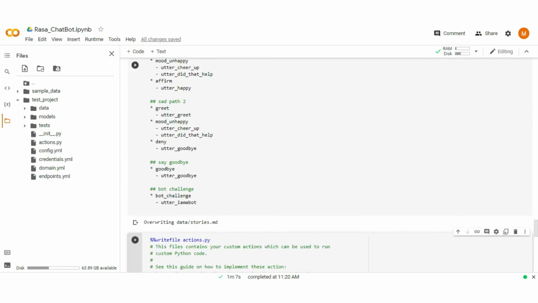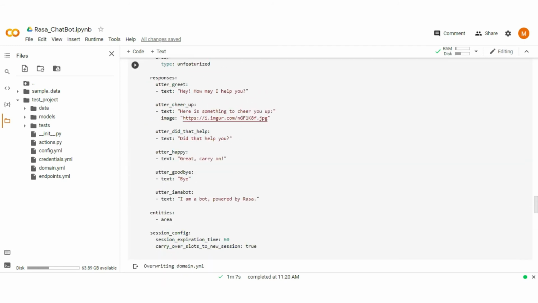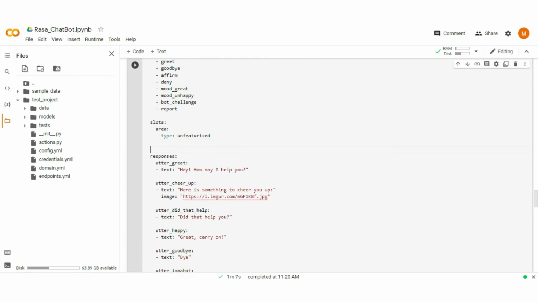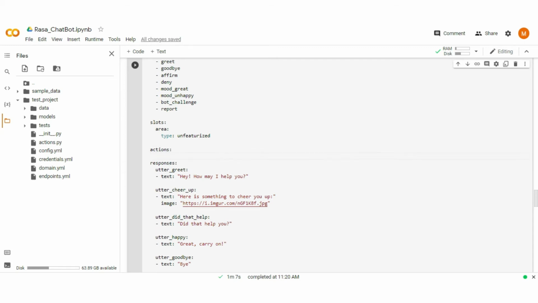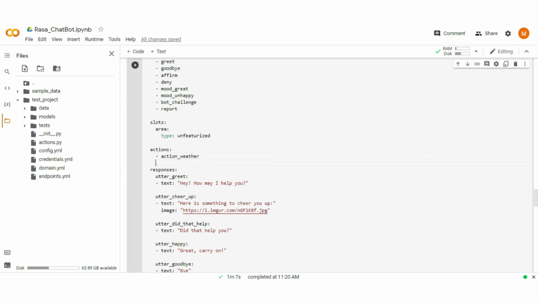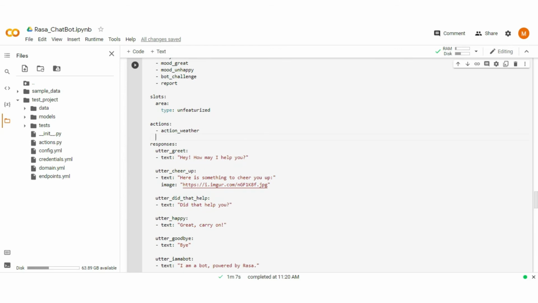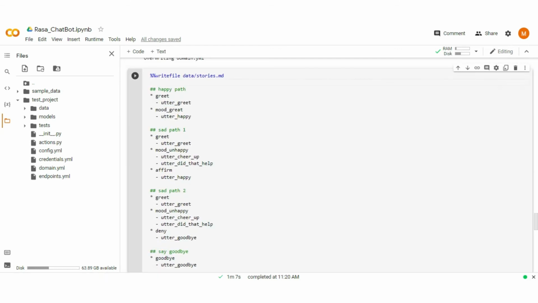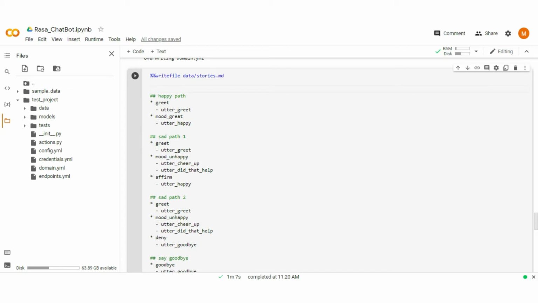Now add this action to the action section of the domain file. After that, create a story for weather report.